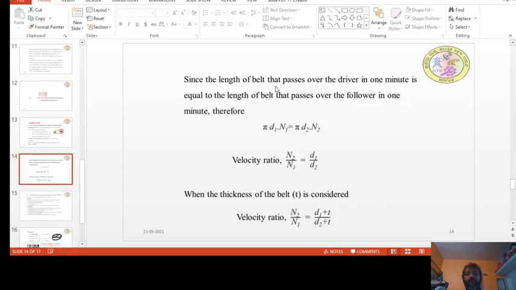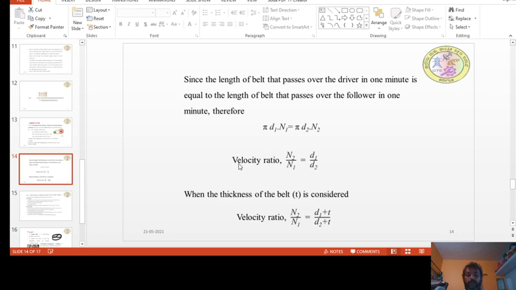Since the length of the belt that passes over the driver in 1 minute is equal to the length of the belt that passes over the follower in 1 minute, both are same. Therefore, pi d1 n1 is equal to pi d2 n2. And if we simplify, we get a ratio that speed of the follower divided by speed of the driver is equal to diameter of the driver divided by diameter of the follower, and this ratio is called